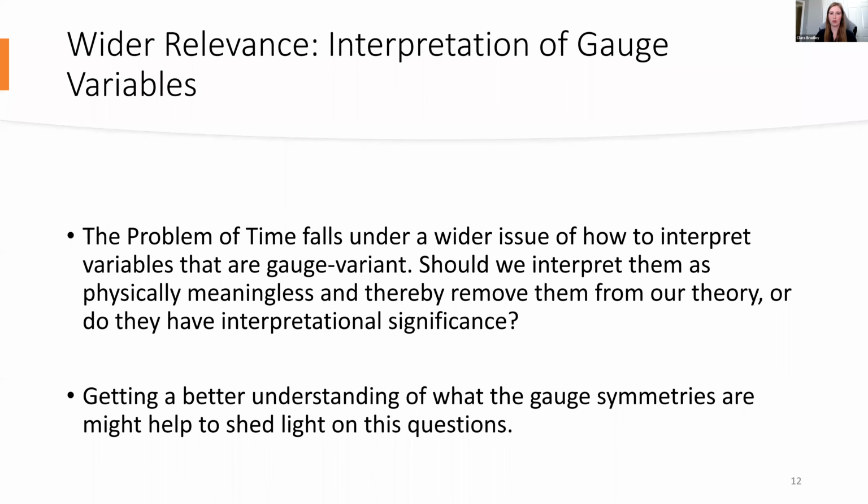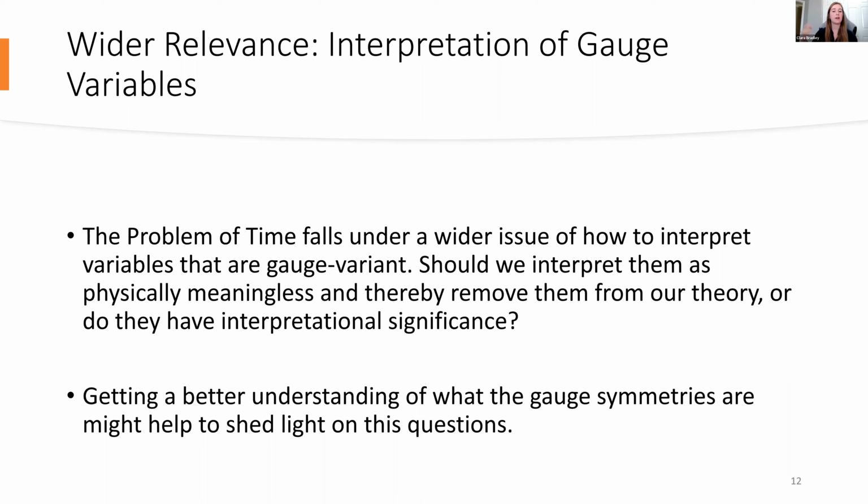The second reason to care about this question is that the problem of time really falls under a wider issue of how we should interpret those variables that vary under the gauge transformations. On the one hand, it seems that there are reasons to think that we should just interpret them as physically meaningless because they are the things that vary under these transformations that we think connect physically equivalent states or histories, and therefore that we should just remove them from our theory by what's known as quotienting out by the gauge